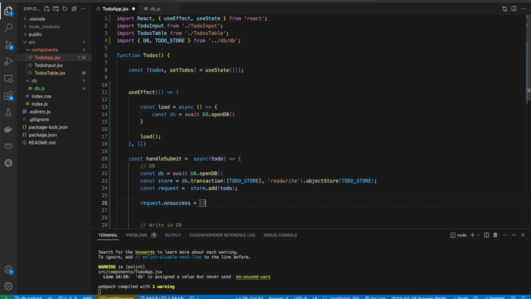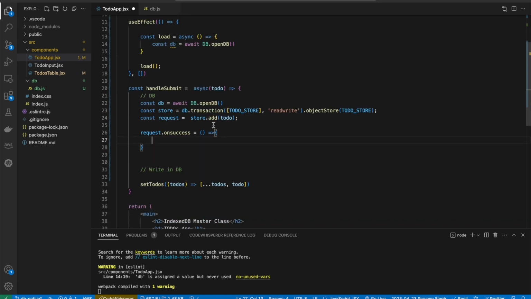Though it's an event-based mechanism, which is a little bit of a pain, one good thing is that the structure is kind of common between all the requests. Either you open a database or you open a simple database object store request, it's always onsuccess, onerror, and so on, right? So to get the data in the onsuccess, what we can do is say request